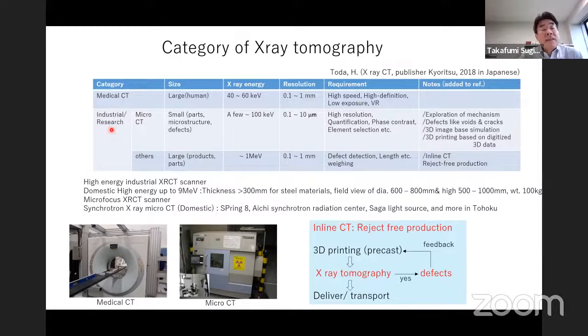Industrial and research purposes, and others, are also categorized here, which can be used for rather large products and parts. Because of the larger size, the X-ray energy increases, say to 1 mega electron volt. But at the same time, you have to sacrifice the resolution, 0.1 to 1 millimeter. By using this